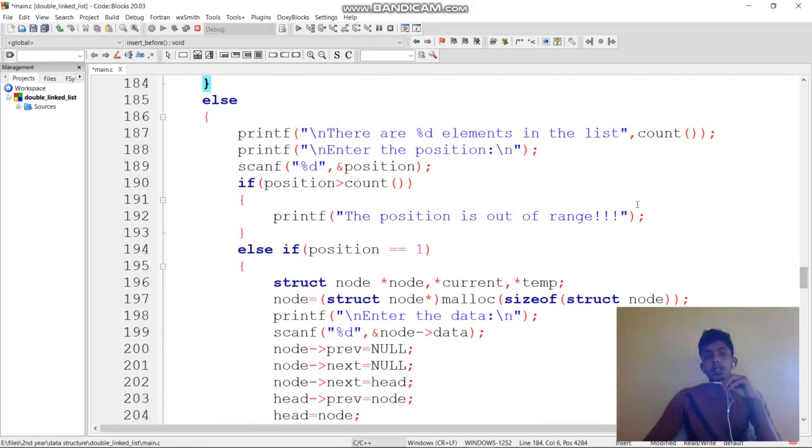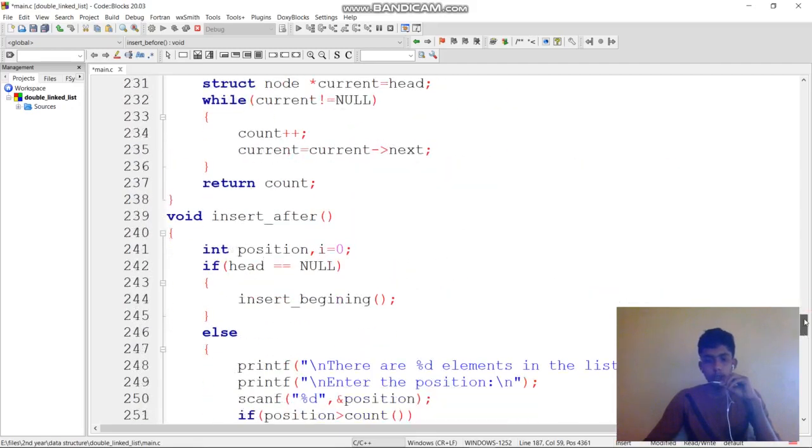Else, there means there is some data in the list, so now you have to perform insert before node. See here, it will display there are %d elements in the list. So count is the function which gives the number of elements.